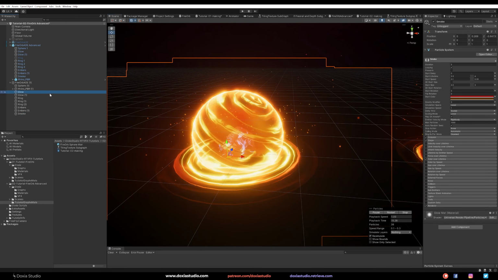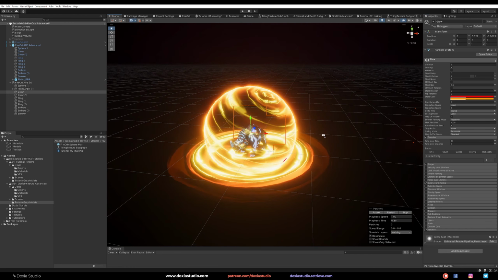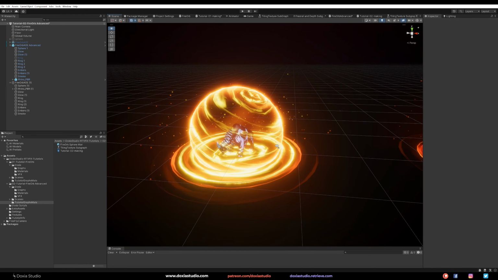Let's turn it off for now, so we can see a little bit better what is inside. What I did is you can come here to the emission and dial this down quite a bit. Let's go with like 10. And the opacity, let's change this even lower. Okay, that's pretty cool.